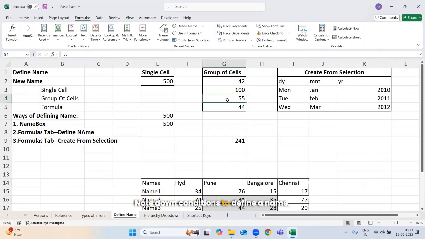Note down conditions to define a name. First point, it should be a unique name. Second point, it should not start with a number. Third point, no keywords can be used.